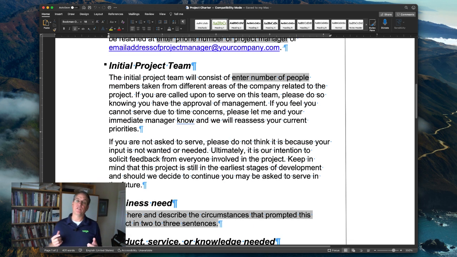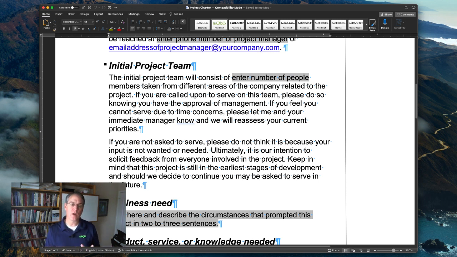Notice that we don't necessarily have to define who these people are right now. It's possible that you could, but for the most part, it's just important that we define that there will be an initial team that's going to do this. So let's talk about some of the language here and why this is important. It will consist of X number of people. Maybe you've determined that, or you could say 3 to 5, or 3 to 10, whatever number.